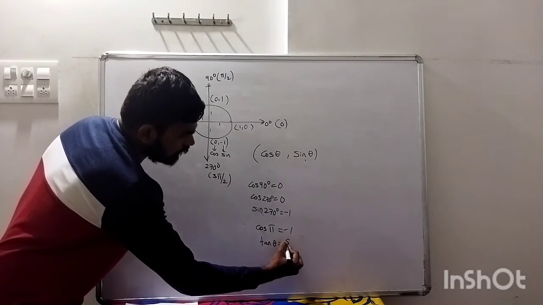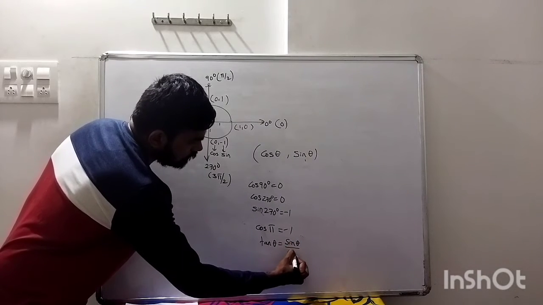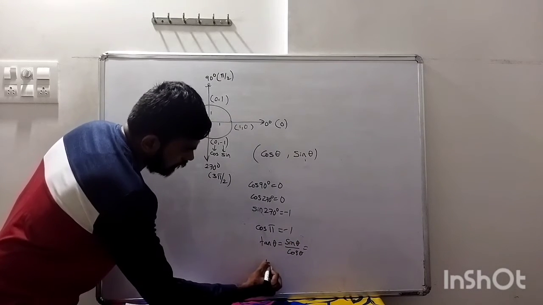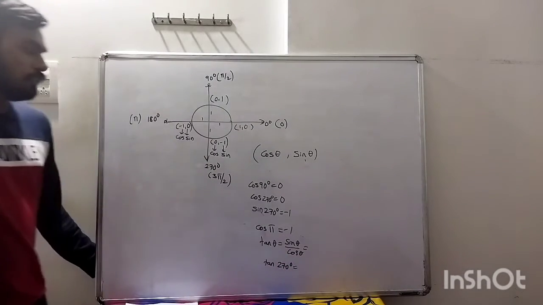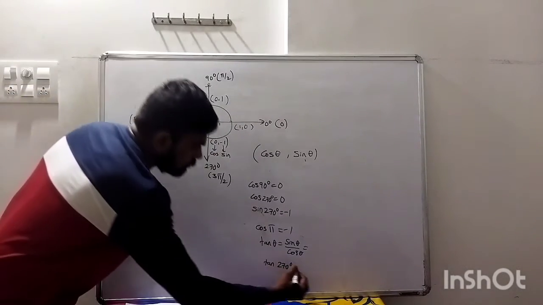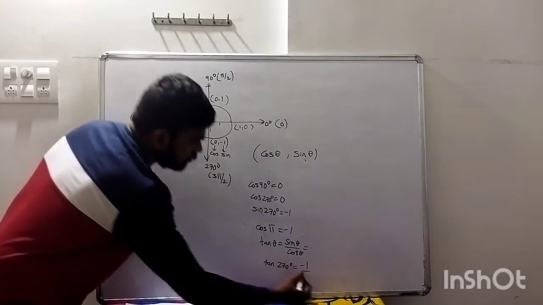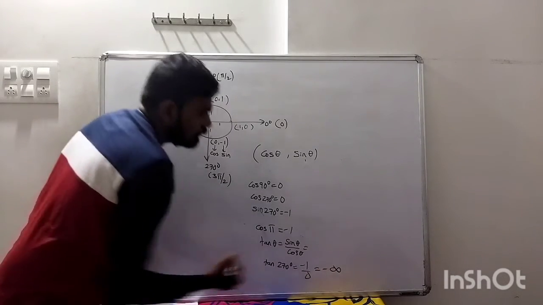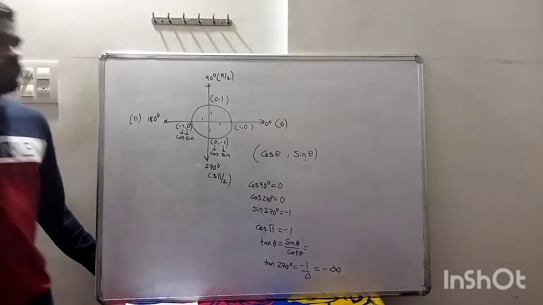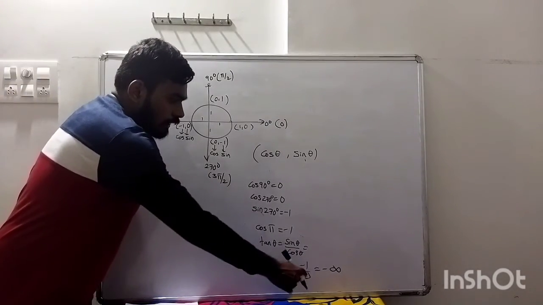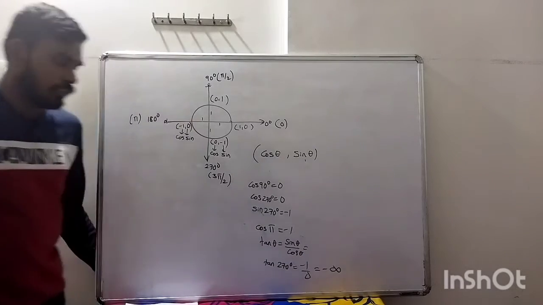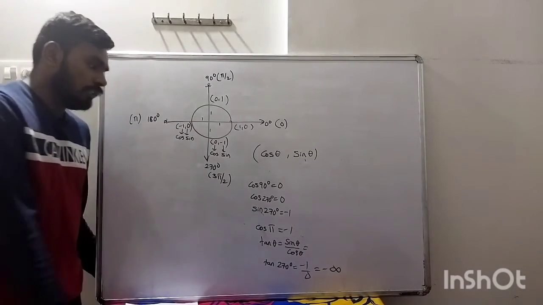Just find sin and find cos. For example, tan of 270 degrees. What do we do? What is sin of 270 degrees? Minus 1. Cos of 270 degrees is 0. So the answer is minus infinity. Okay, whenever you see minus 1 upon 0, the answer we get is minus infinity. Remember, something upon 0 means infinity, and because of this minus sign it is minus infinity. Okay, this way we can do anything now.